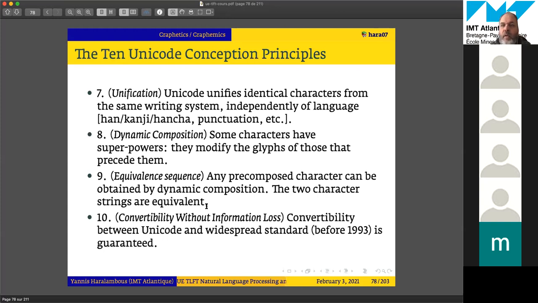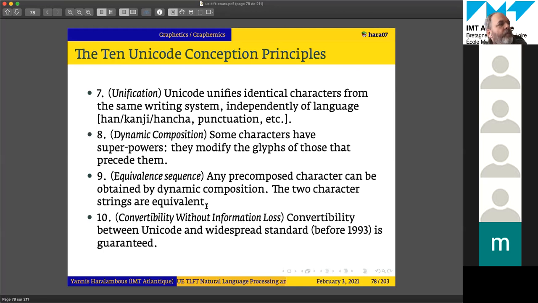Well, all of these are merged. Even if they are slightly different, Unicode will merge them. And this unification is the prefix uni of Unicode. And of course, nobody was happy with this operation of merging,